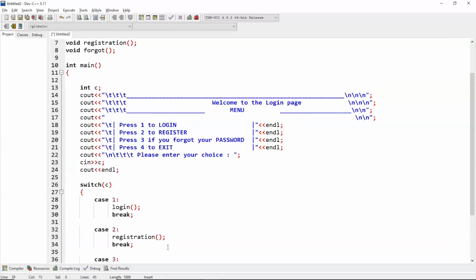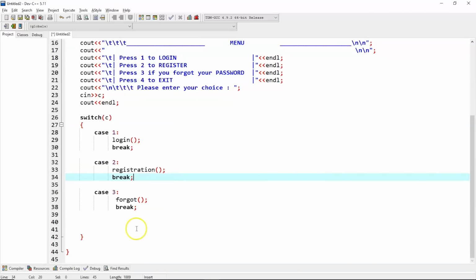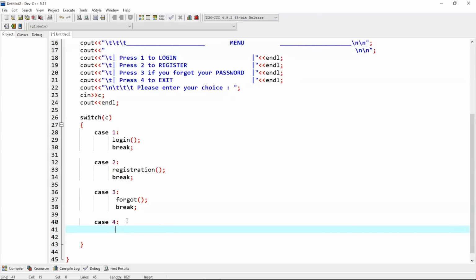Now there is a case 4. In case 4 there would be a message saying thank you, because case 4 would be exit. So we'll display a message saying that